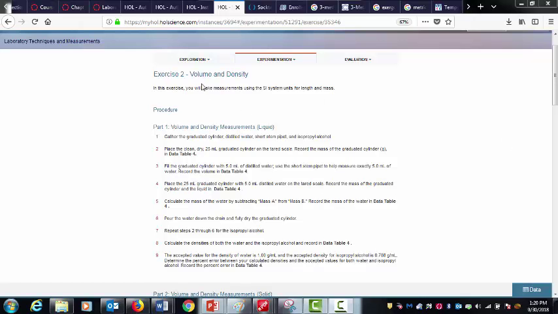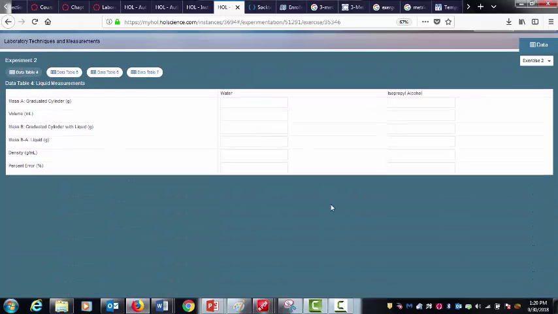In exercise 2, we are measuring the volume and mass of liquids to calculate the density. So part 1 tells you to gather your graduated cylinder, distilled water, short stem pipette, and isopropyl alcohol. You will place your clean, dry 25 milliliter graduated cylinder on the scale, and you tare it, meaning it's at 0. And you'll record the mass of the graduated cylinder right here on data table 4 in the